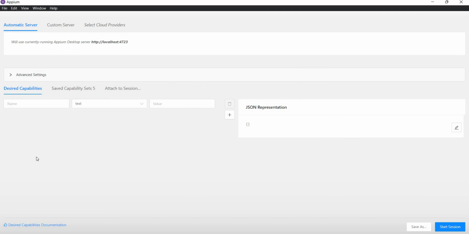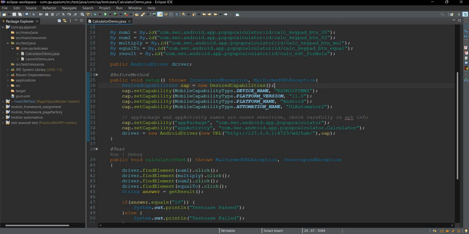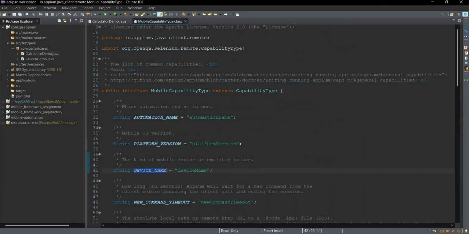So we will be using the same desired capabilities like device name, platform version, platform name, automation name, app package, and app activity. So we will set desired capabilities like mobile capability type dot device name. So this device name is pointing to this device name string. So similarly, we will have